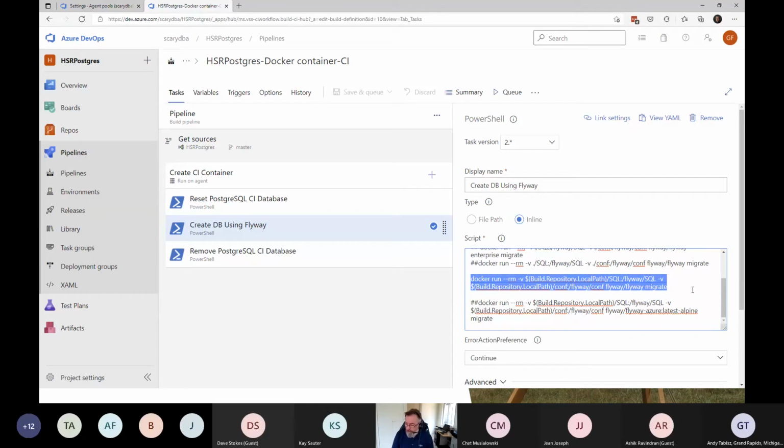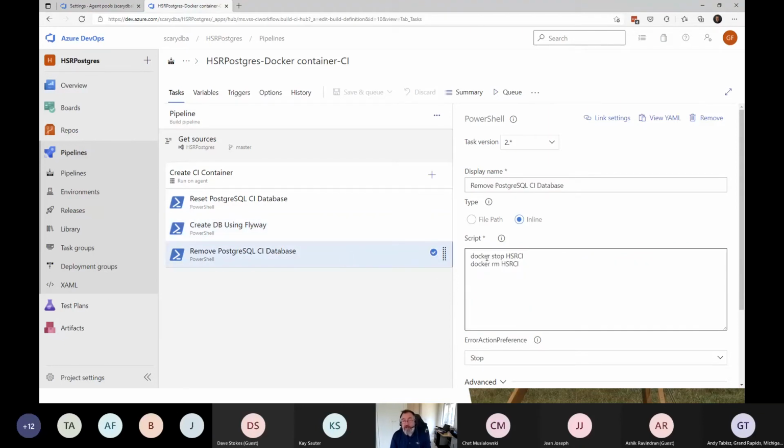I'll have to go double check that. But it creates a container for Postgres, puts a database inside of it. Then it creates a container, or probably just uses one that's already downloaded from Flyway. And those two containers then run and do my builds. And then once I'm done with that, my final step is I stop the HSRCI and I remove the HSRCI. So my process is kind of simple, but also